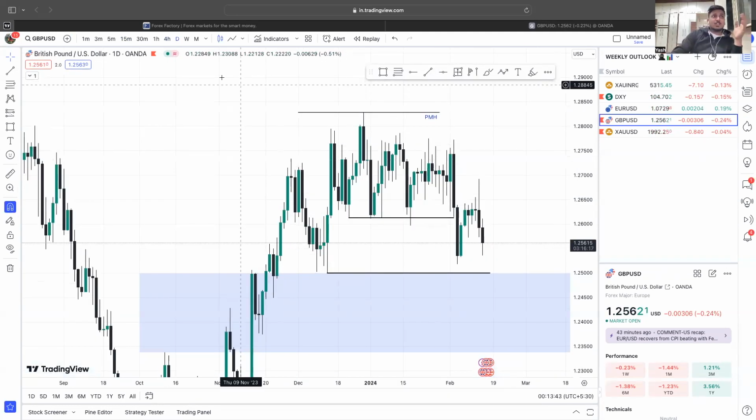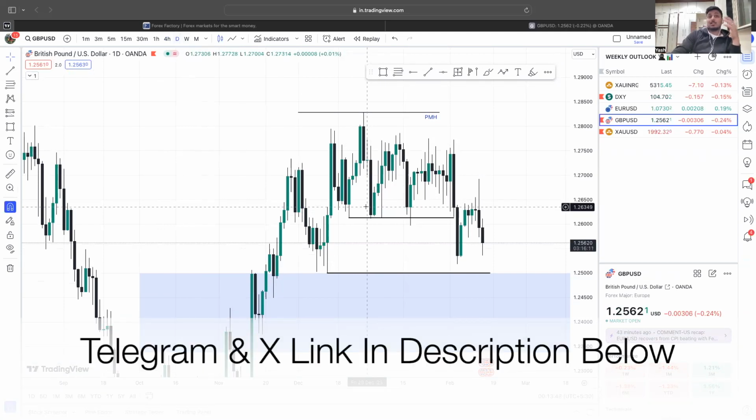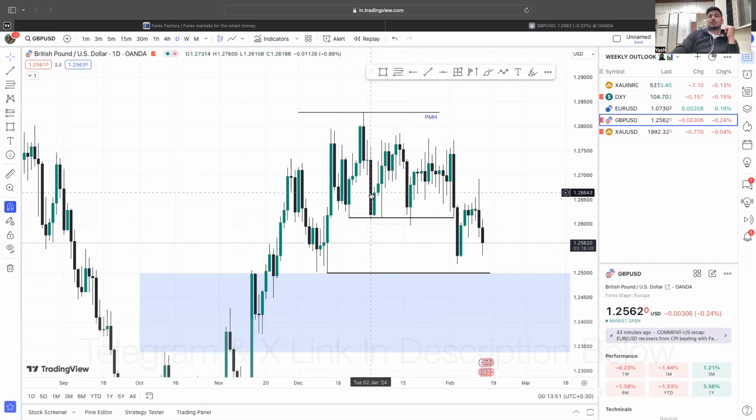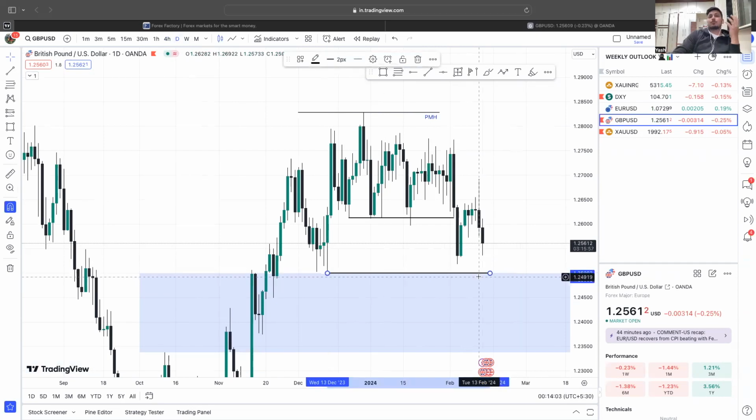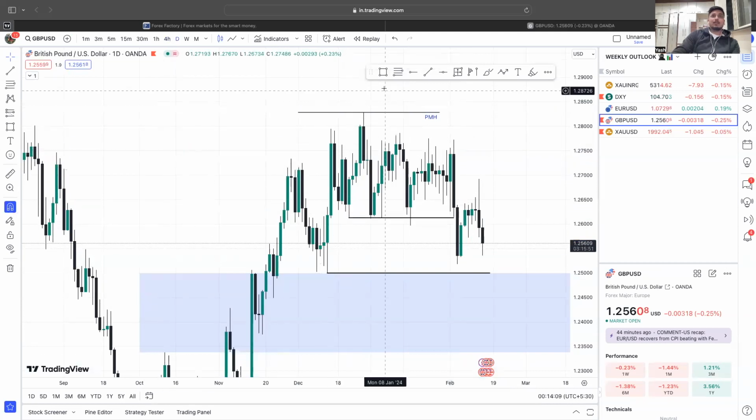So this is the daily chart on O&M, and if you follow the weekly outlook videos, you know that we were waiting for either a break or a close above this particular consolidation. And as soon as we broke below this and closed right here, it was very evident that we will target 1.25 odd levels, right? So price broke below, pulled back up, and tapped into this particular order block level on